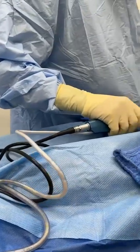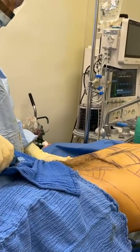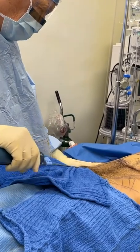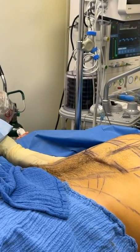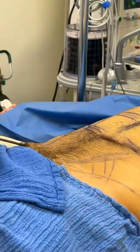See how slow my strokes are? I am extremely slow with my strokes, and he's not gonna have a fat transfer. This is just gonna be high definition liposculpture. But even then, it's important to minimize risk and complications. Definitely less risk of anemia, which is from blood loss. And if there is less anemia, then there is